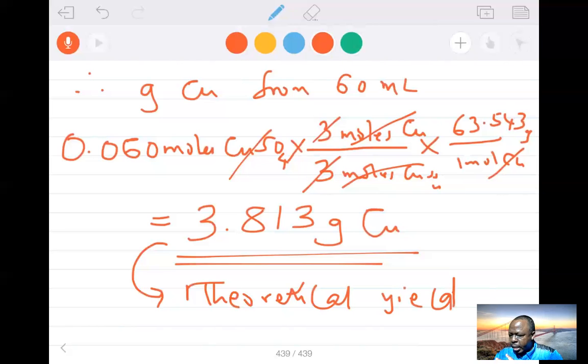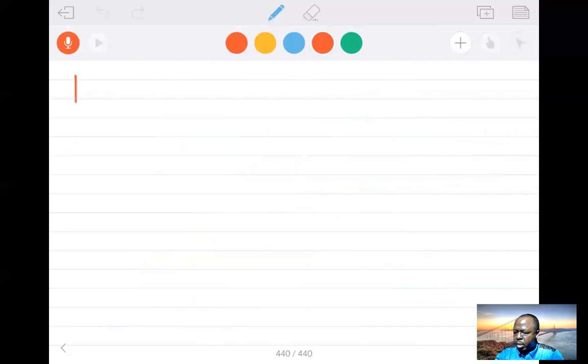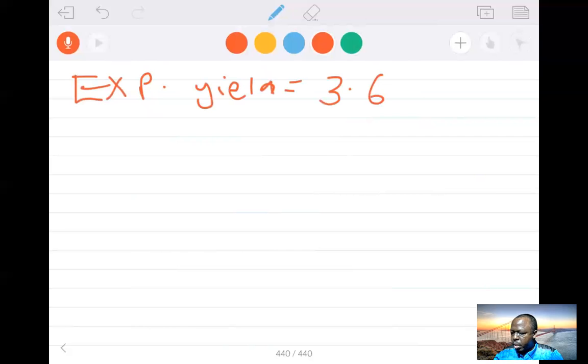I just weigh the aluminum, and maybe something I don't transfer quantitatively, something else happened, maybe experimental error. If my experimental yield is 3.68 grams of copper,